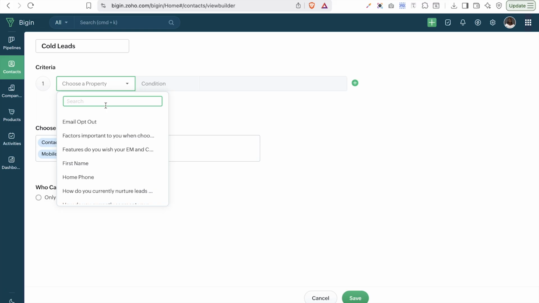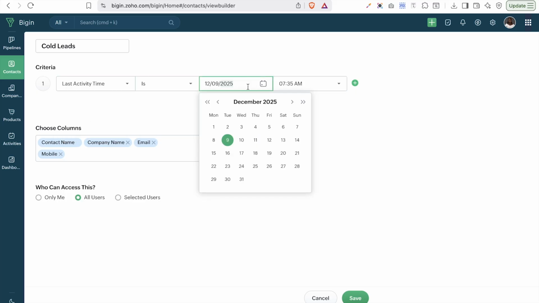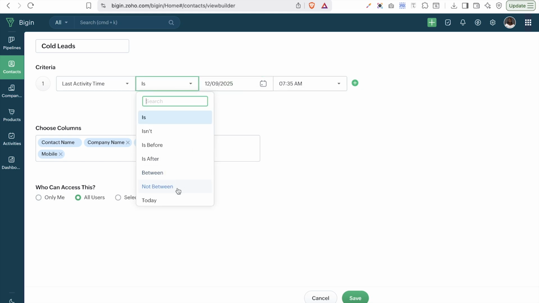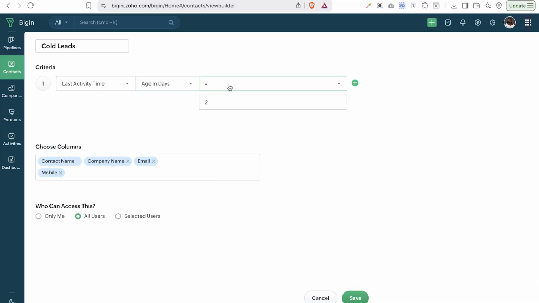So you can also say you want to create a cold lead view, and we are checking the people whose last activity time is maybe 6 months ago. We can say it is a particular date or time, or we can say is after or is before a particular date or time, or we can say the last activity time was last month, or the last 10 days, like the past days. So we can say maybe the last 90 days, or we can say the age in